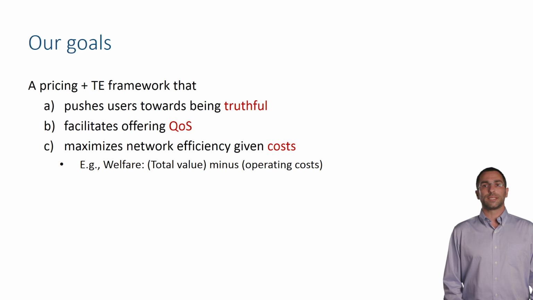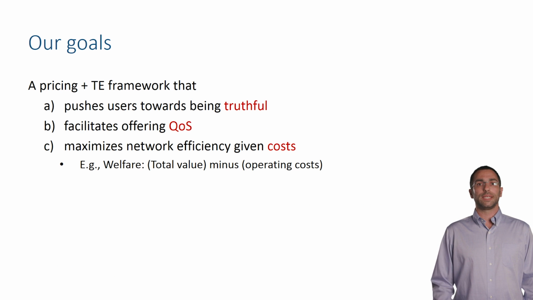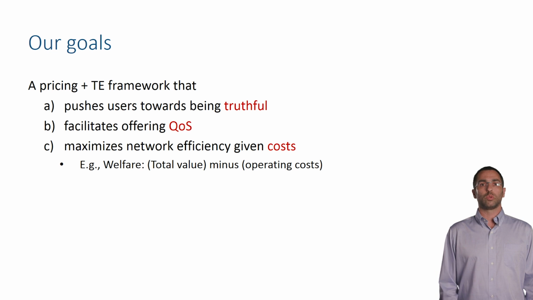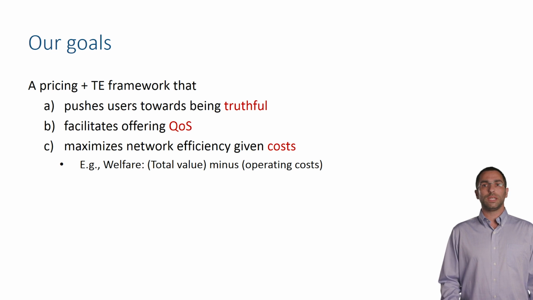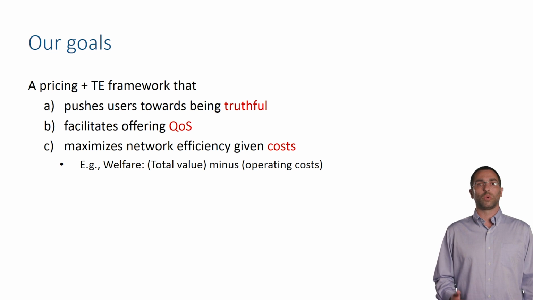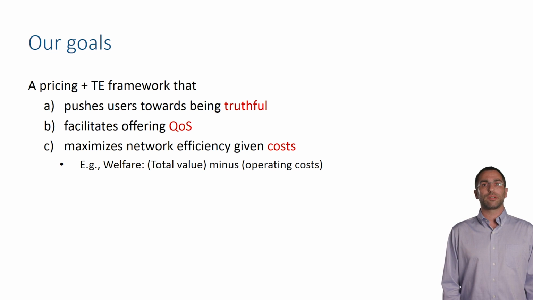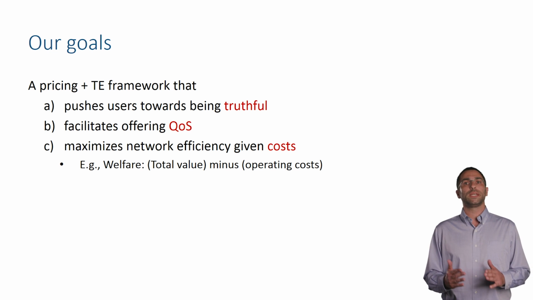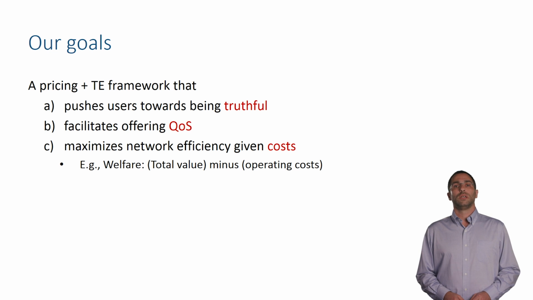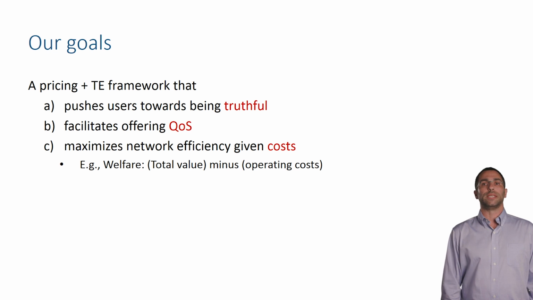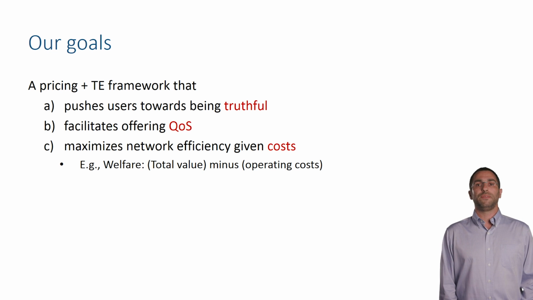The goal of this work is therefore to design a combined pricing and TE framework that pushes users towards being truthful, provides quality of service guarantees on admission based on what users specify in the pricing APIs, and maximizes the aggregate network efficiency while being aware of costs. As a concrete measure of efficiency, we use the system's welfare, defined as the total value of admitted requests minus